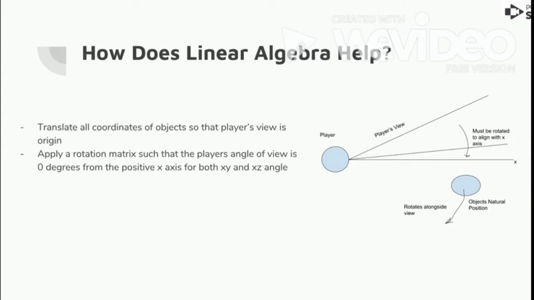So how can we use linear algebra to simplify this problem? First, we can translate all of the coordinates of the objects to consider the player's point from which they view everything as an origin. This will later allow us to rotate all objects such that the player's current view, say in this diagram the player is viewing some amount of angle up, will be focused back to have the